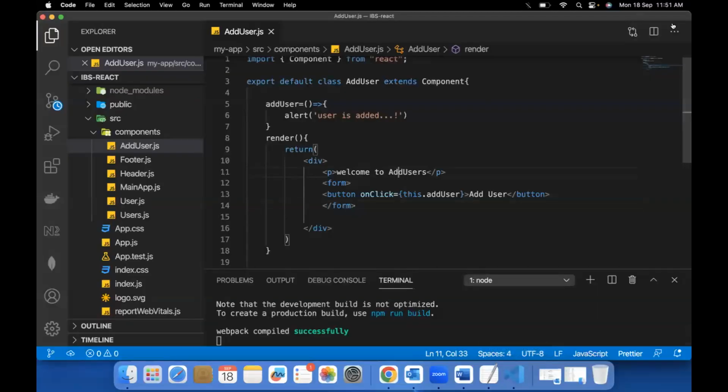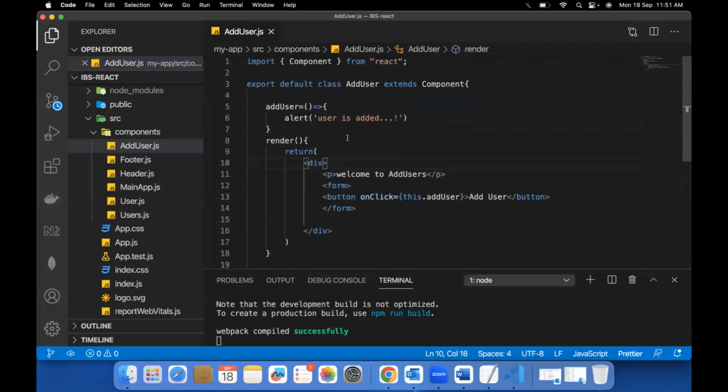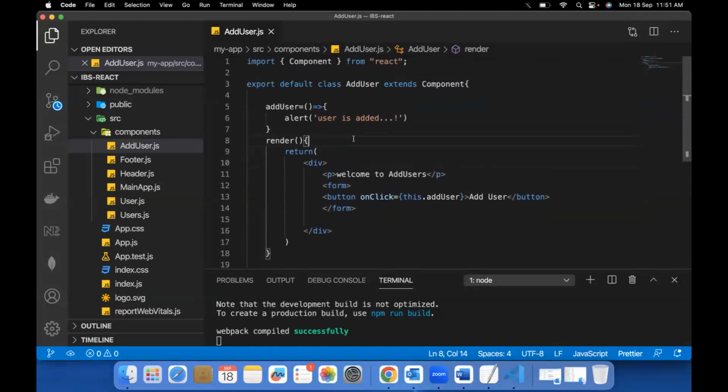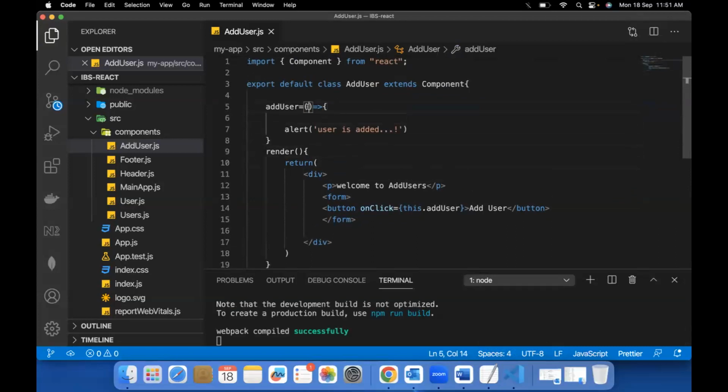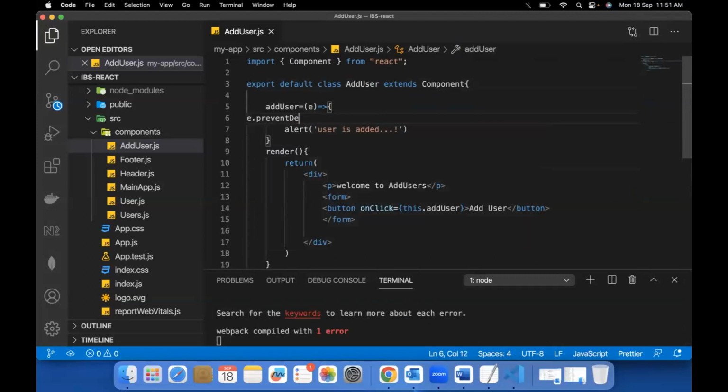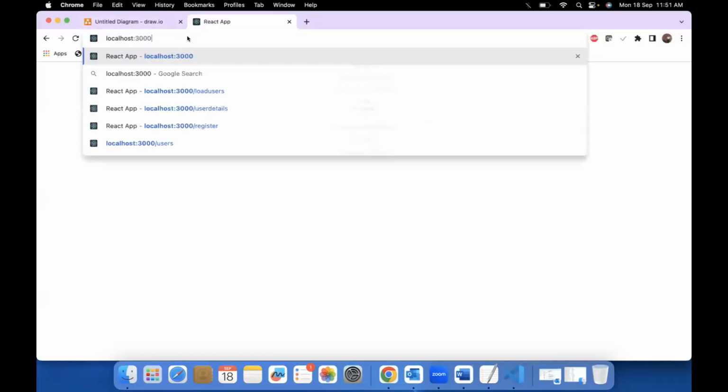We do not want the form to unnecessarily refresh. So how are we going to do it? Any idea? To make this possible, we would like to pass E as a parameter and say E dot preventDefault. What is it saying? E dot preventDefault. Now if you try again,